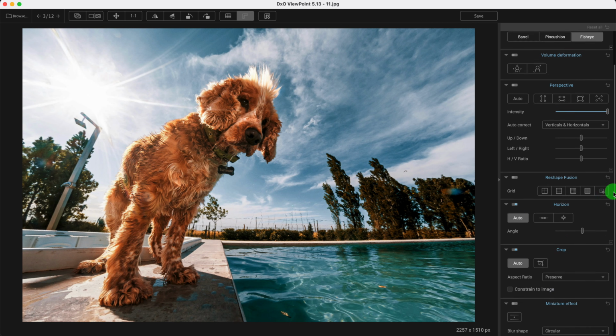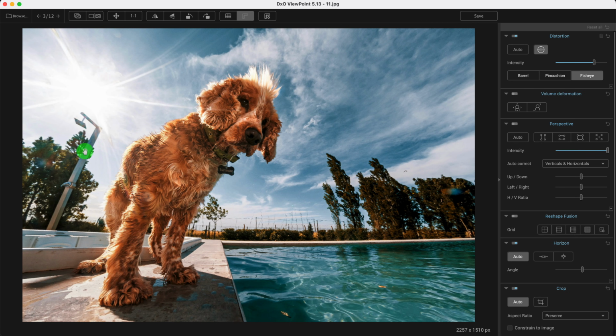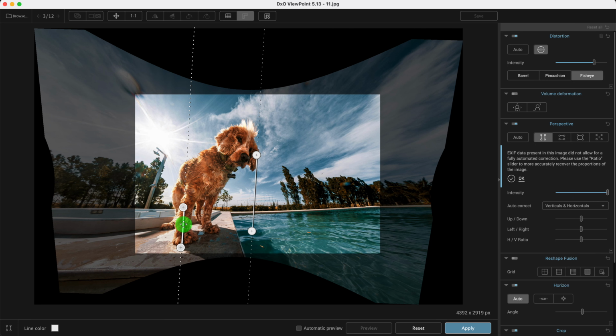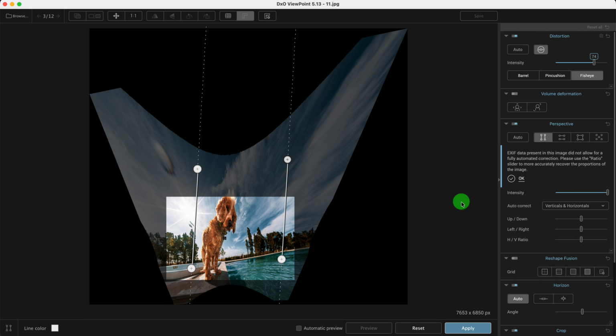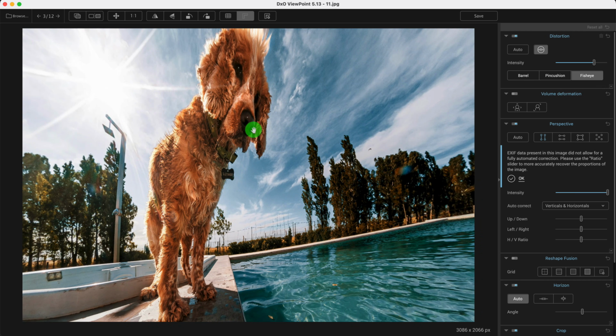What I can try to do is maybe correct this with the levels tool right here, the force vertical parallel. So I'll click on that. I'll click, hold and drag and move this here. And then I'll move these points to make this entire part vertical. And I'll do the same thing here as well. But you'll notice once I click on preview, it starts cropping in more. I'll click on apply. And it got the vertical correction pretty good, but the dog's more cropped out and the